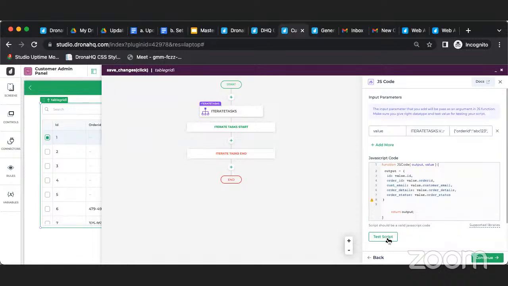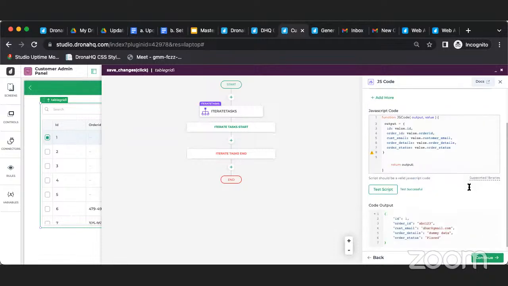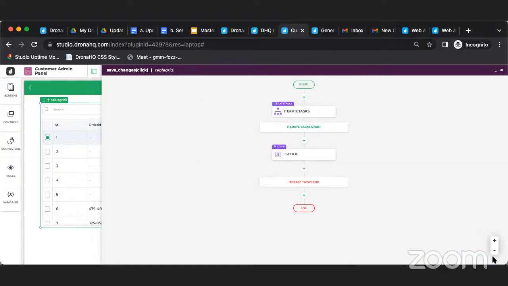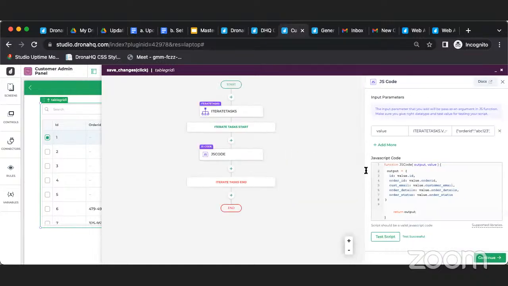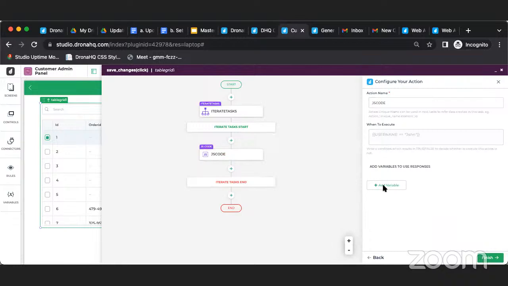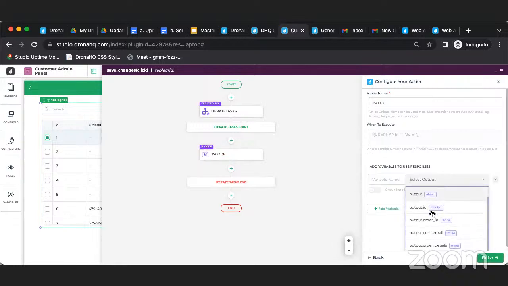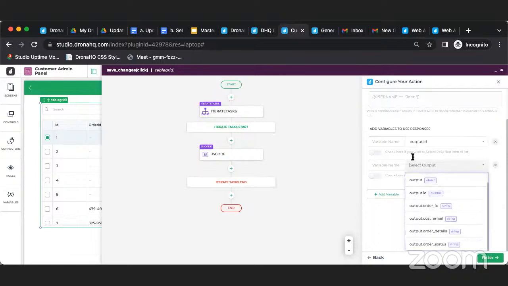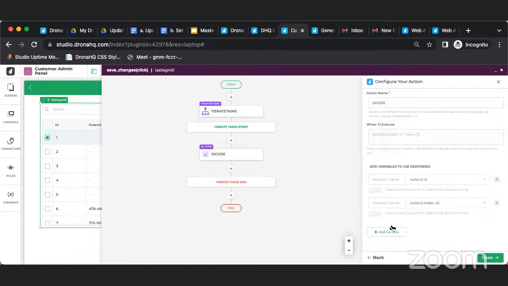So let's test this out. We'll be able to see the response over here. So here you can see the order status. Whatever is the order status, we are passing it over here. So here the order status is placed. So we need to add those as output variables over here. ID is for internal ID, the API which accepts, and then we'll